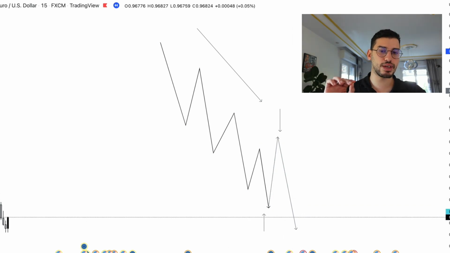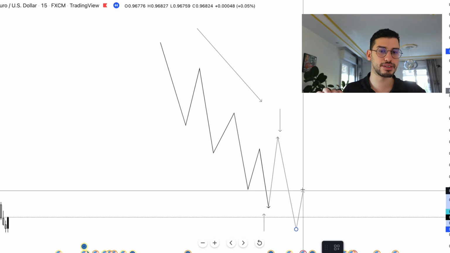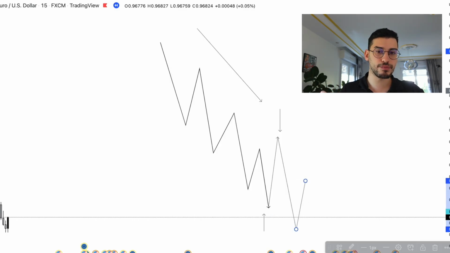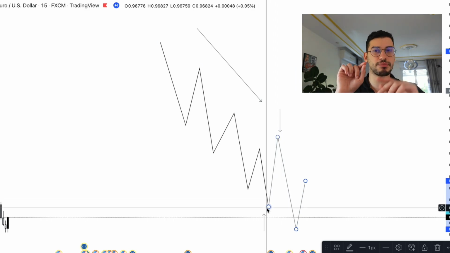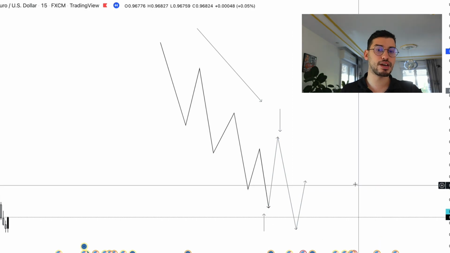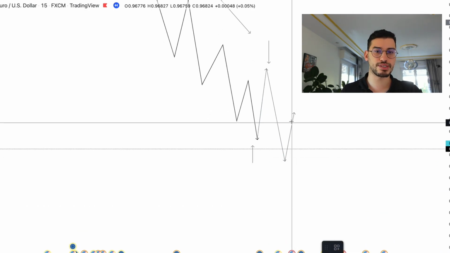So what they do is they wait for the market to go up just a little bit, to just above the area where they previously bought. They close this huge buy, which means that they sell. When closing a buy, you sell, which causes the market then to push through to the downside here.